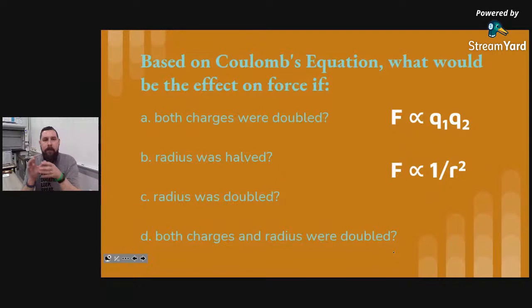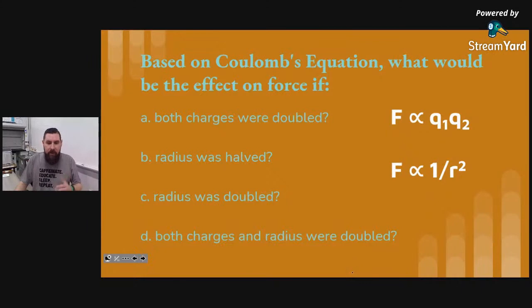Affected not just by increasing the number of protons and the number of electrons within an atom, but then what happens to radius when we start adding in those electrons to that atom, and how that radius is going to have a larger effect on force typically than what the increase in charge does. But at the same time, sometimes the increase in charge and that increase in radius can offset each other. So that is Coulomb's law,